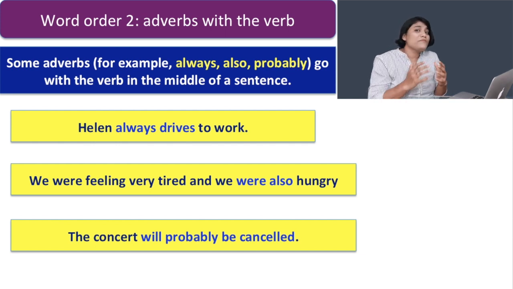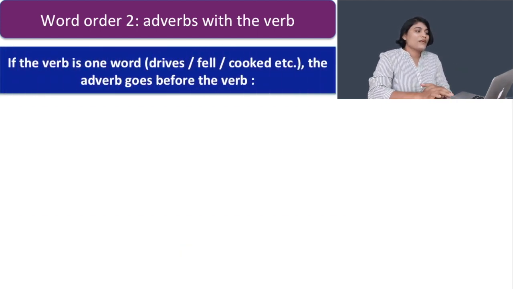You may find it confusing where to put it and what the rule behind it is. Why sometimes we put the adverb just before the verb, why sometimes just after the verb, and here you find we put the adverb in between two verbs. So now I am going to explain the rule. If the verb is one word, this is important, because sometimes in a sentence you find more than one verb. For example, will be, or if it is continuous tense, will be doing, etc. And you may find lots of things there.